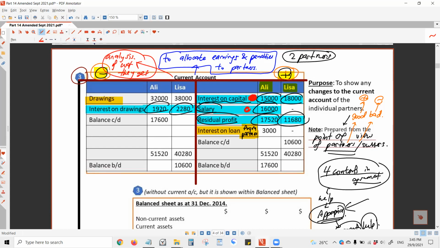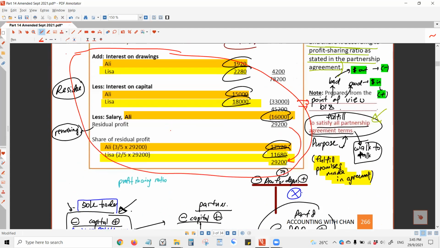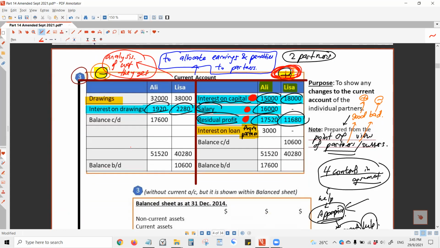Salary to Ali, something good to them, right? So that's why it's on the credit side. Sharing of the residual profit, something good to them, right? So getting into their pocket, so credit side. Okay, because here is the plus. Here is where the plus is. Now you may have a question. What if we have a residual loss, sharing of residual loss in the appropriation account? If you get a share of residual loss here, then of course will be on the opposite side, your residual loss. Your residual loss will be here. If there is.